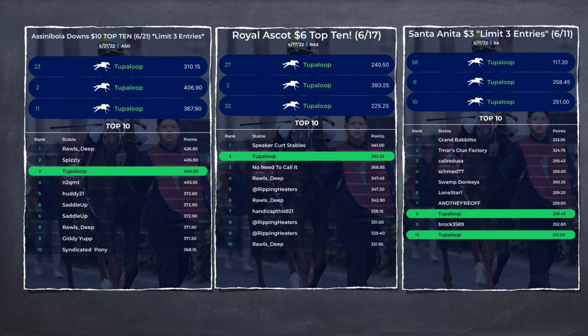So like I said, 350 is always kind of a moving target, but if you can always think about trying to get 350, you're typically going to do pretty well. Sometimes you're going to fall just out of the money, but a lot of times that's a pretty good number to point to. And certainly the fewer races on a card, the higher the overall point values are going to be at the end. The other thing I'll say is